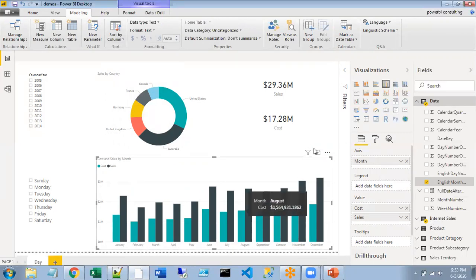Let's try to understand the calculated column. This is the report I have created and given to my user. After looking at and using the report, he said it's fine, the report looks good and all the numbers are correct, but rather than every day-wise, can you provide me with weekday and weekend? Consider Saturday and Sunday as weekend, and all the other days as weekday.